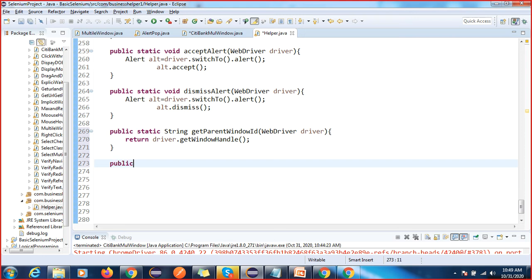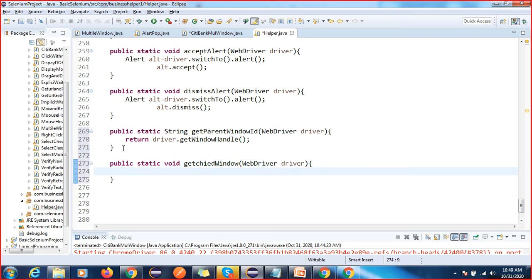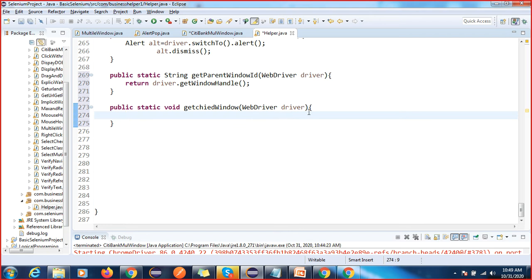So public static, getChildWindow. I'm again passing the local driver, and now I will follow the same steps we followed here.